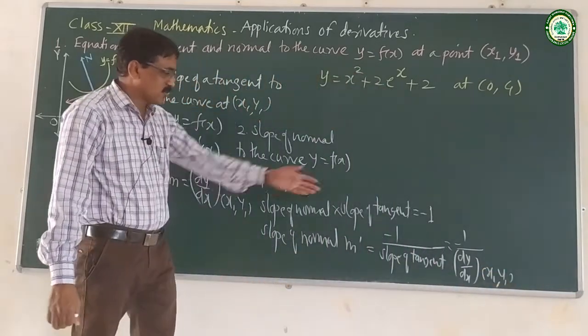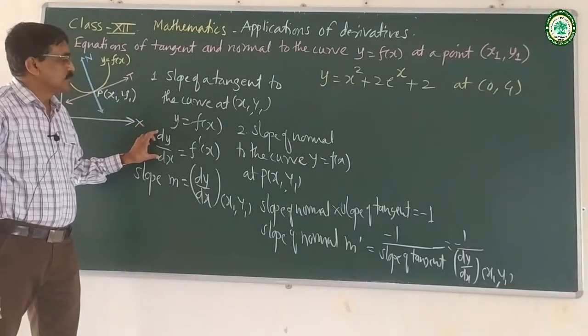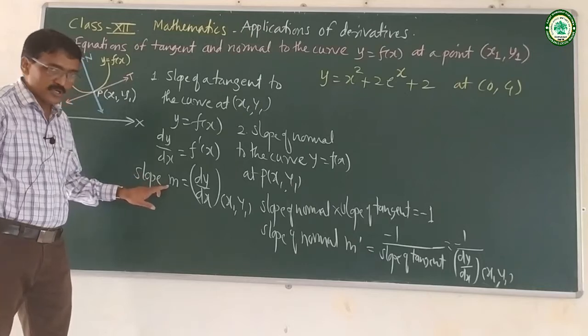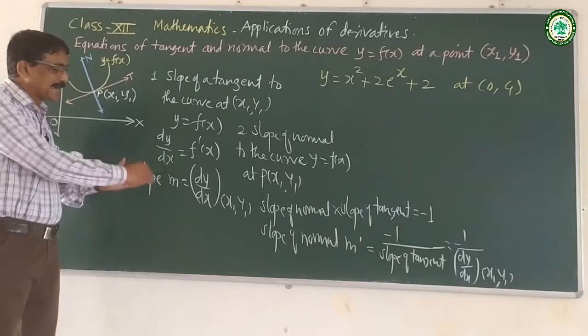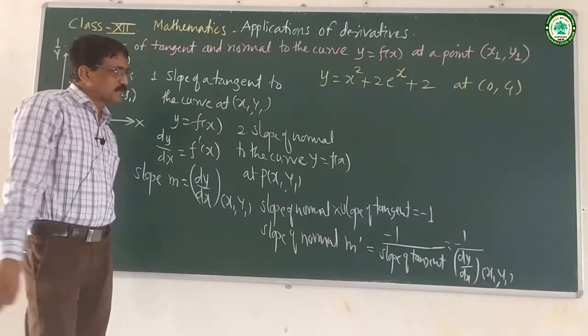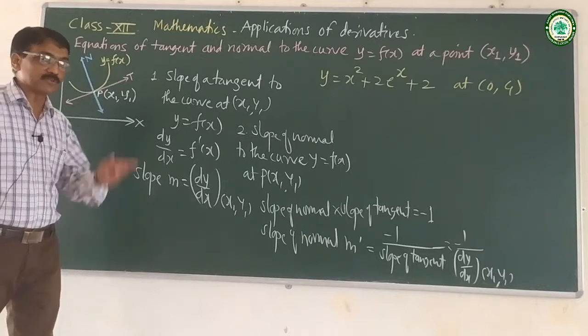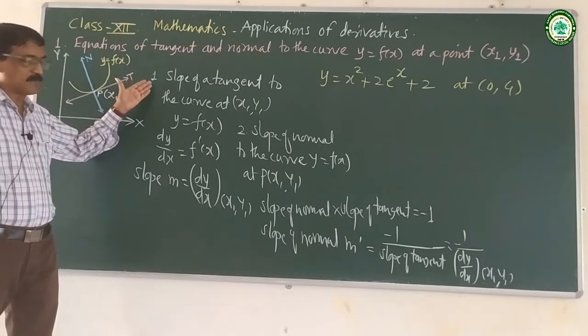See, dy by dx at x1 y1, what does it give to us? It gives slope m, slope of tangent to the curve, and take its negative reciprocal, we get slope of normal to the curve. After finding slopes, we can easily find using slope point form of equation of a line the respective equations